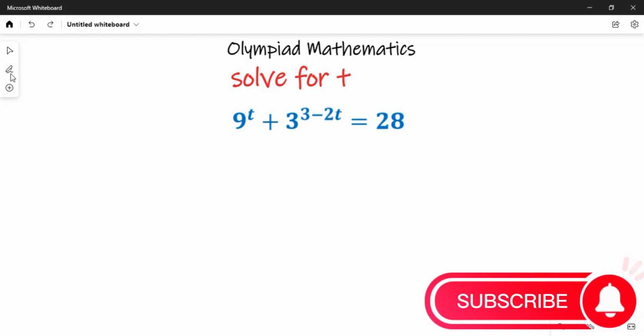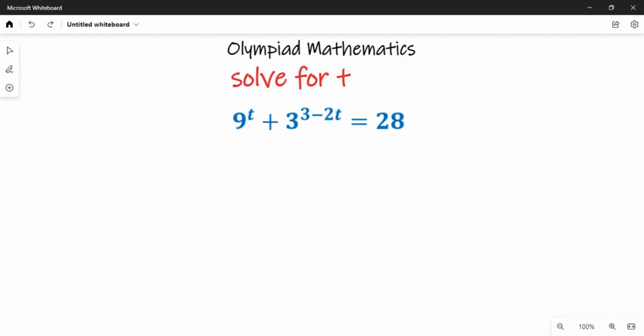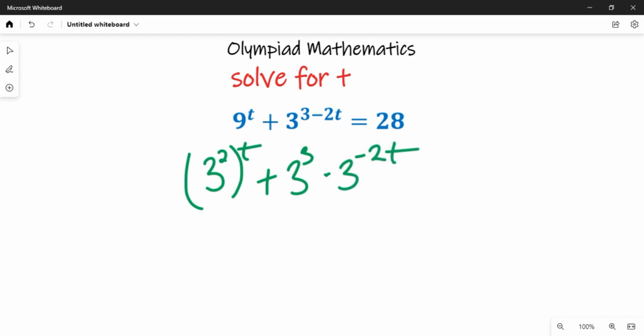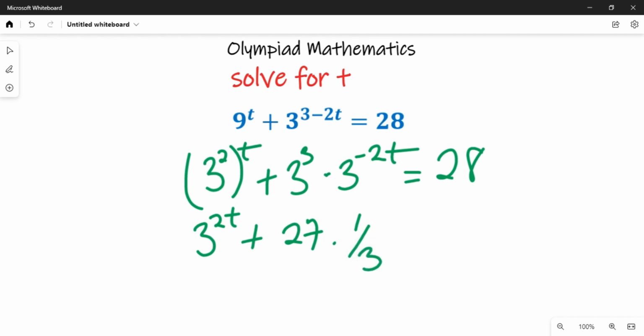Now let's go straight to solving this question. To solve this question, we are going to look at simplifying this term. 3 raised to the power 2, that is 9, plus 3 raised to the power 3, multiplied by 3 raised to the power minus 2t, and that will be equal to 228. So this will be equal to 3 raised to the power 2t